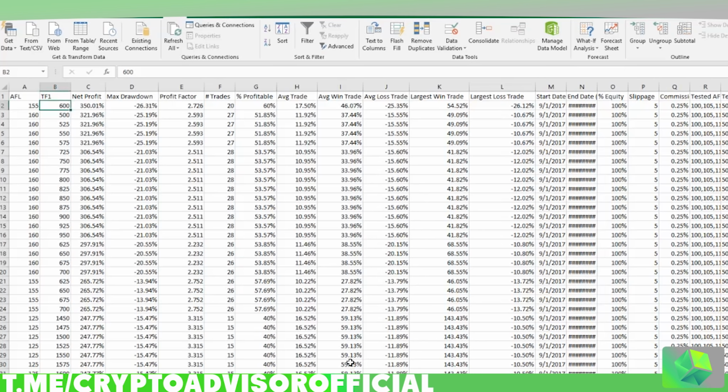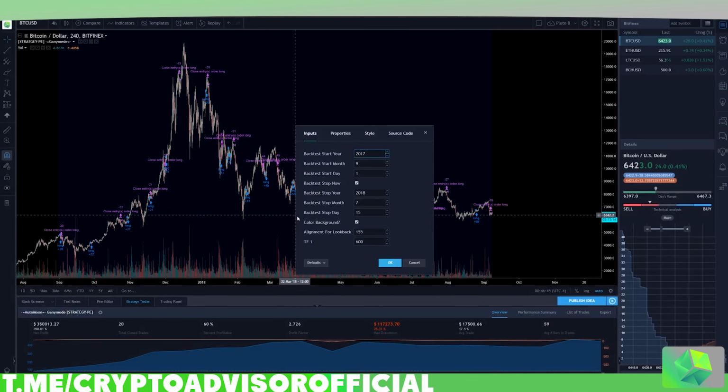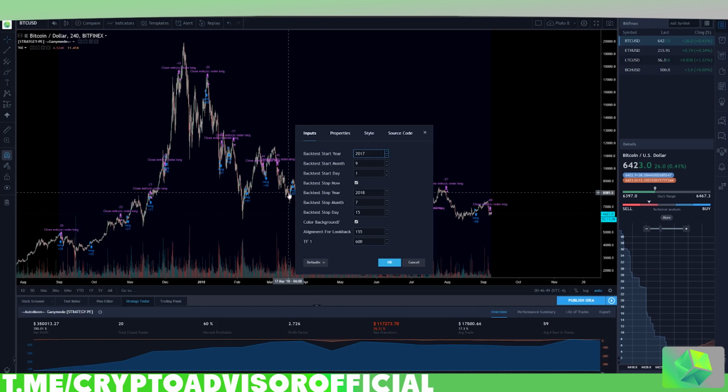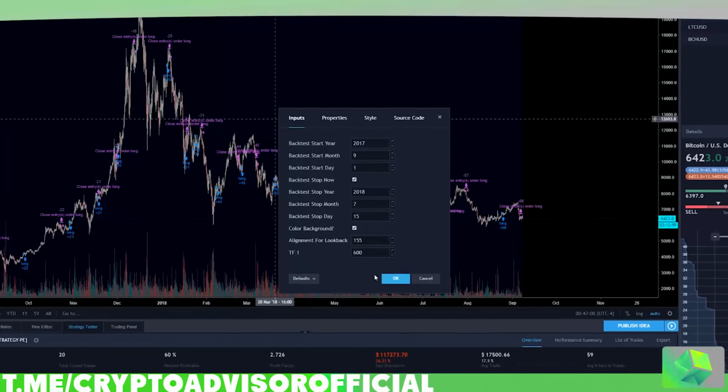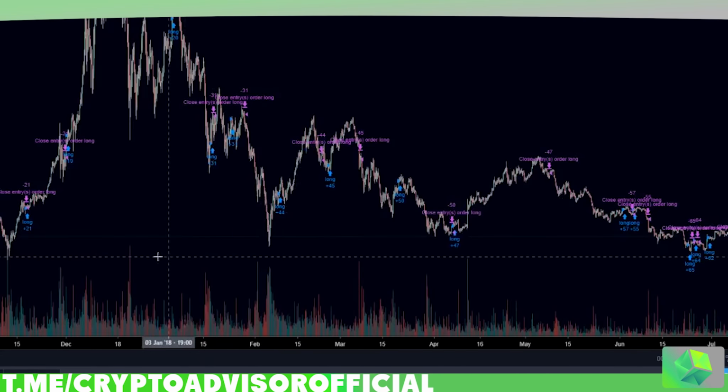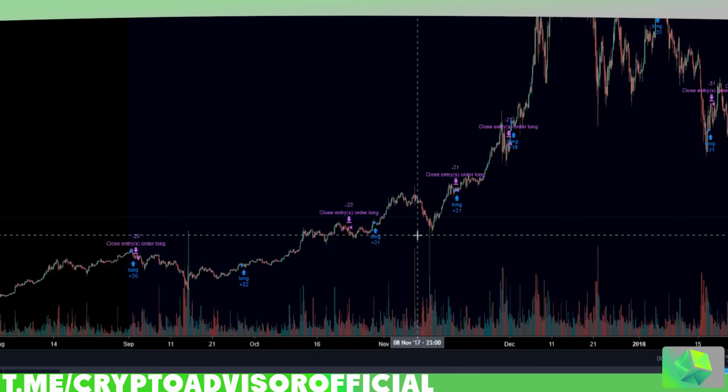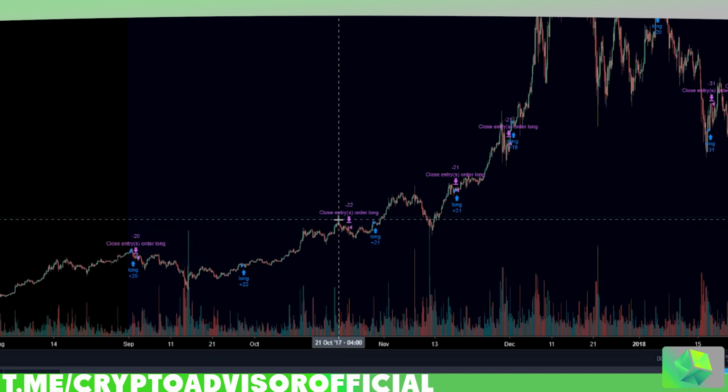And so now I'll show you guys what it looks like on the actual chart with these exact settings. So here you guys can see the exact chart that I ran the backtest on. So Bitcoin to US dollar on Bitfinex with a 4-hour period. And then I just plug in those settings, 155 and 600, into TradingView, and then as you can see here, these are all of the trades that I would be getting with the bot if I was running it on